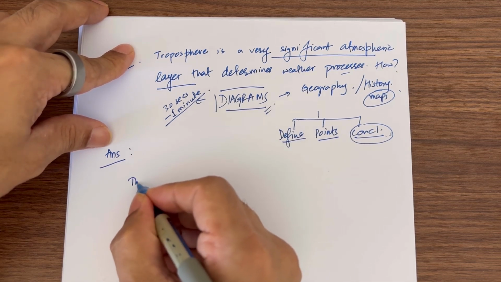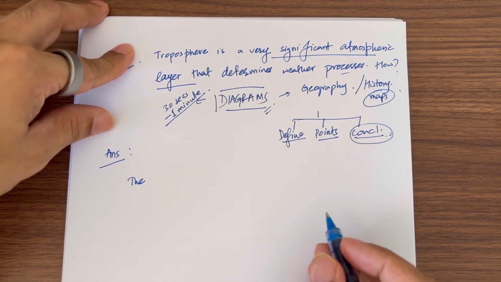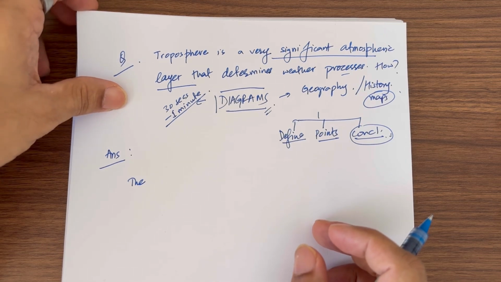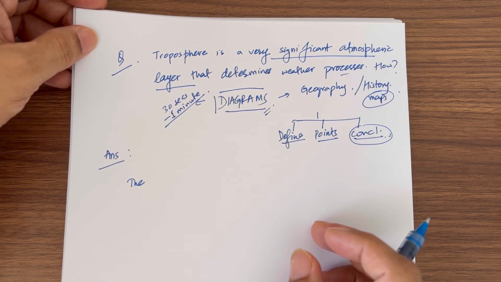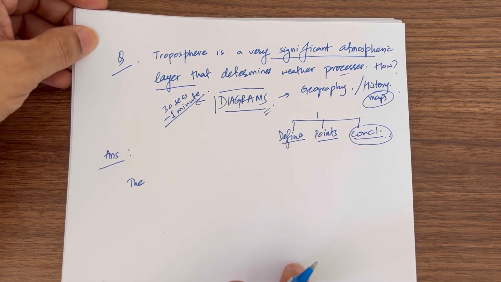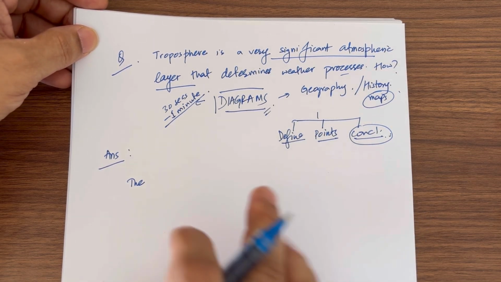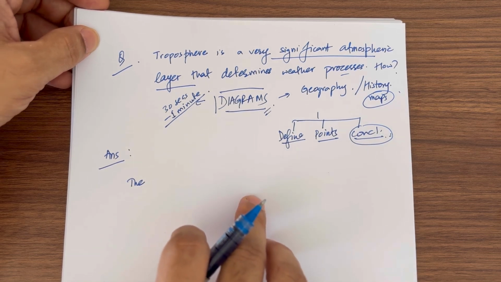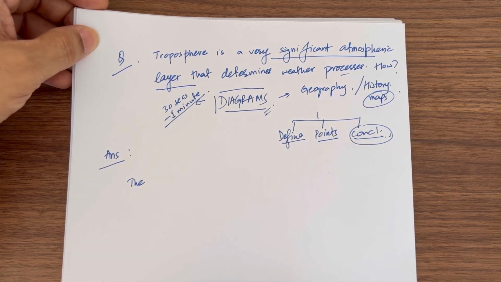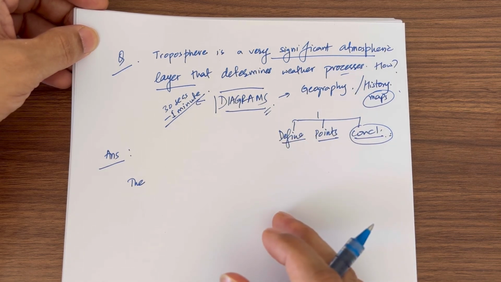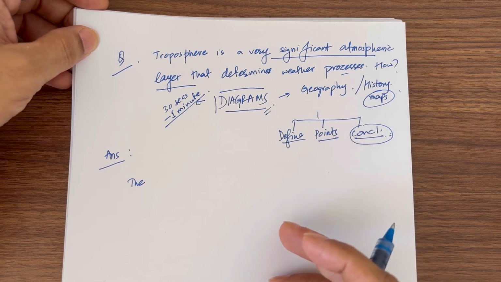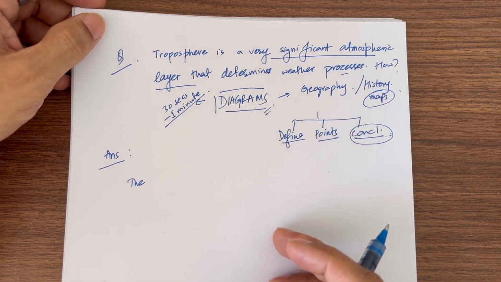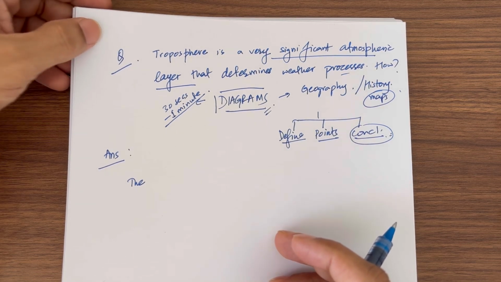Okay, so let's start. Normally I would suggest that you keep a timer with you when you are doing this practice. If you have already studied this topic, you can pause this video right now, write this answer, and then come back and compare it with what answer I give you. Of course, you don't need to write exactly the same answer. It can be in a different format or different way, but the content could be similar, because obviously this is a static question. There is nothing opinion based or specifically different here. Okay, so